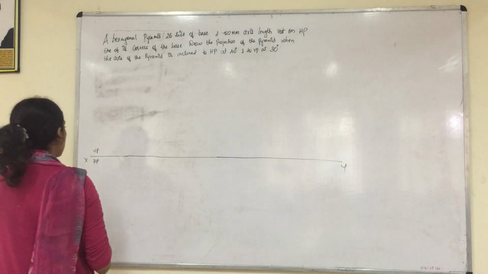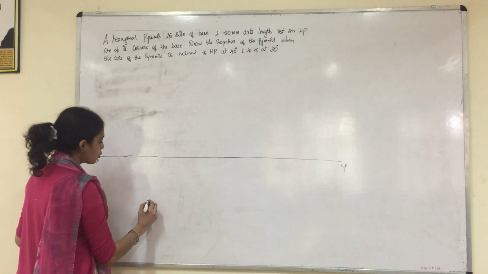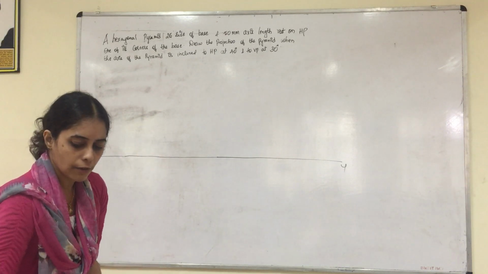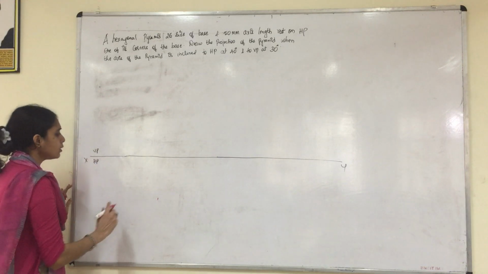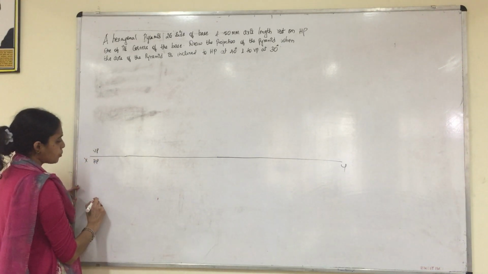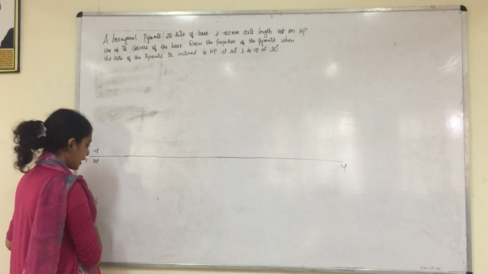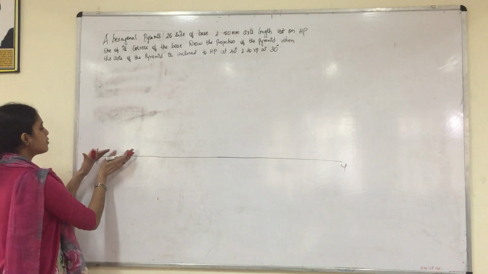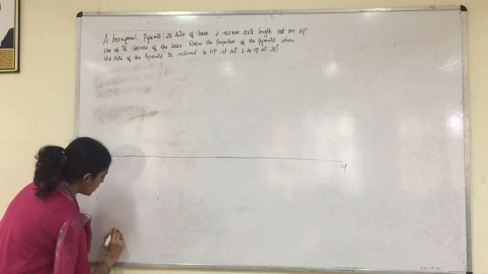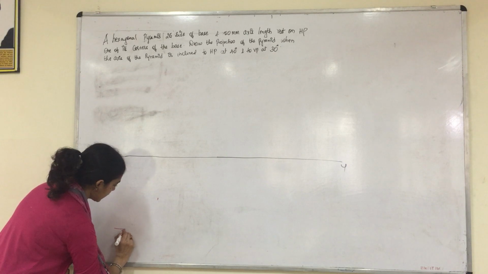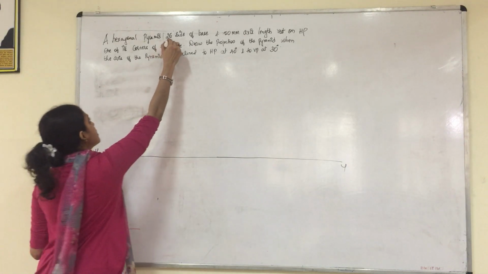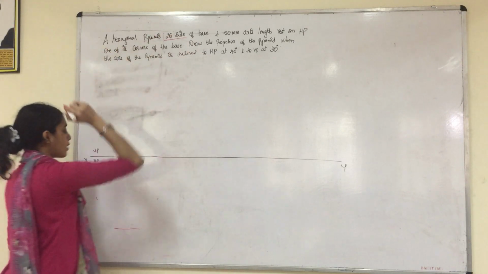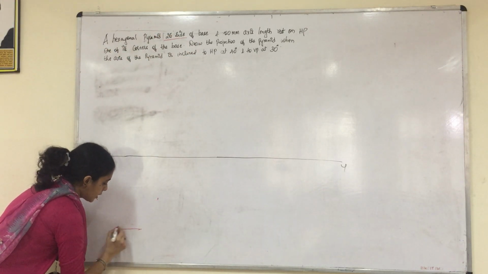Since it is resting on one of its corners, I told you to show the corner towards our right. So here you should face the corner, right? You will get the opposite corner towards this side. For that, you need to leave some convenient space and first draw a horizontal line. After you draw the horizontal line, you see what the dimension is. It is 25 mm. So please measure 25 mm.